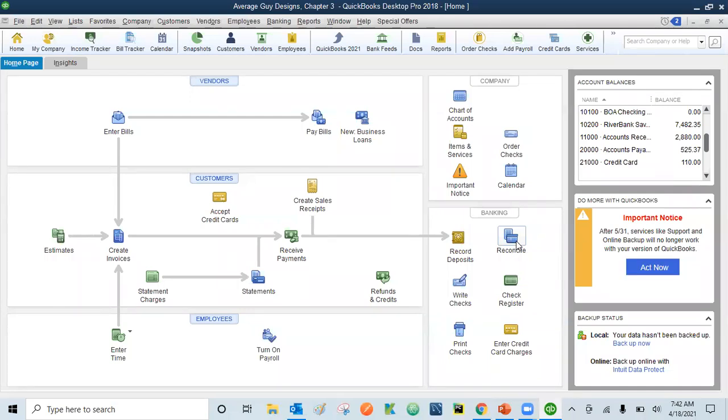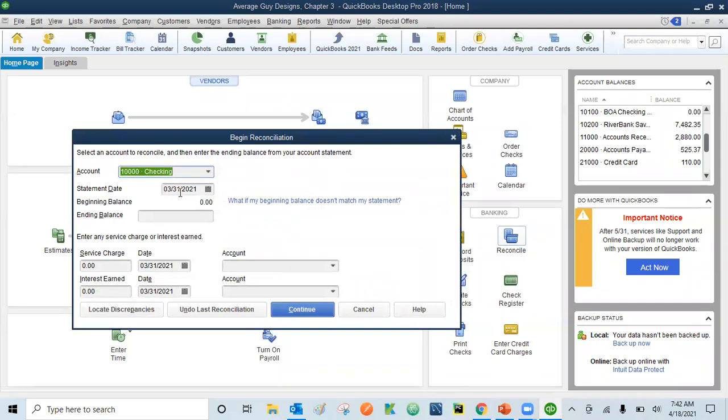I can click reconcile, and then here I have to give the date on which I'm making it. So it's 31st of March. It has taken the month end of the last month. So you can see here, but let's say if I want to do it for 2029 or 23 or something, I can select the exact date. I can put here the ending balance, let's say